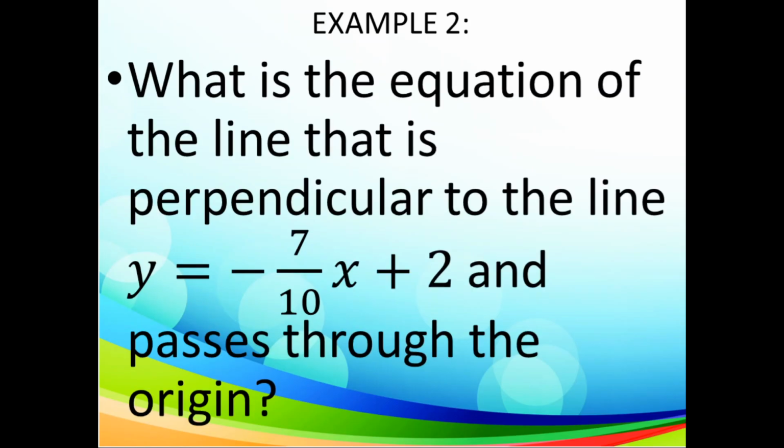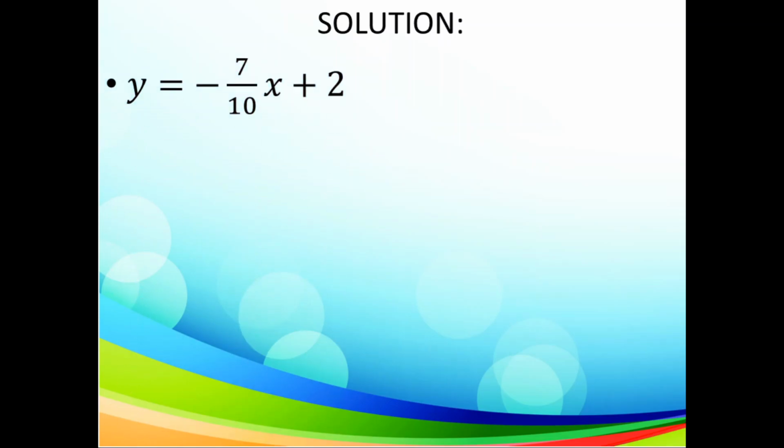Let's look at a second example. What is the equation of the line that is perpendicular to the line y = -7x/10 + 2 and passes through the origin? Well, identifying the gradient, it would be -7/10. So if that is the gradient of our first line, and our second line is perpendicular to that,